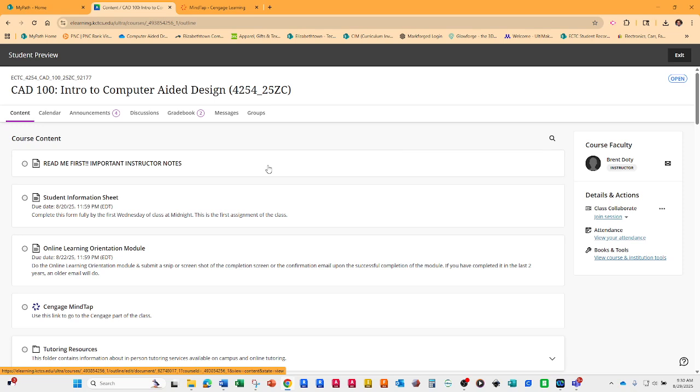So let's save time. Email me so that I can get the conversation going on email, and I'll do my best to get back with you as quick as I can. I do check my email on my phone a lot, when I probably shouldn't, because I try to be a good teacher and get back with you as quick as I can. So be patient. I will get back with you and I will help you out.